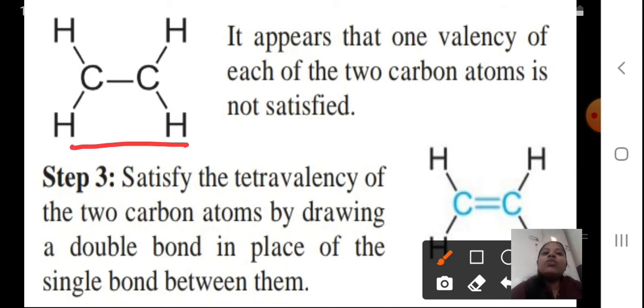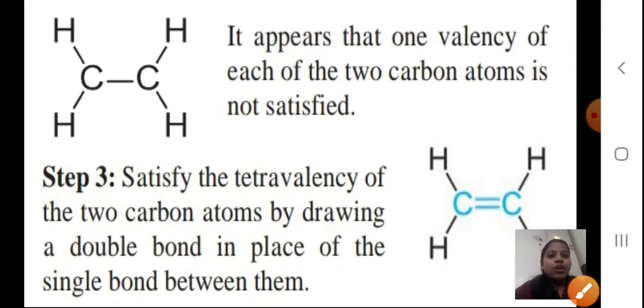Now if you see this carbon, first if I am considering, it has got 1, this is the second, and this is the third bond. Only 3 bonds are there. If you see this carbon also, one bond with this carbon, with this hydrogen, and with this hydrogen, so only 3 are there. So for both the carbon atoms, one bond is missing, the 4th bond, right? So what we are going to do, students, see here,